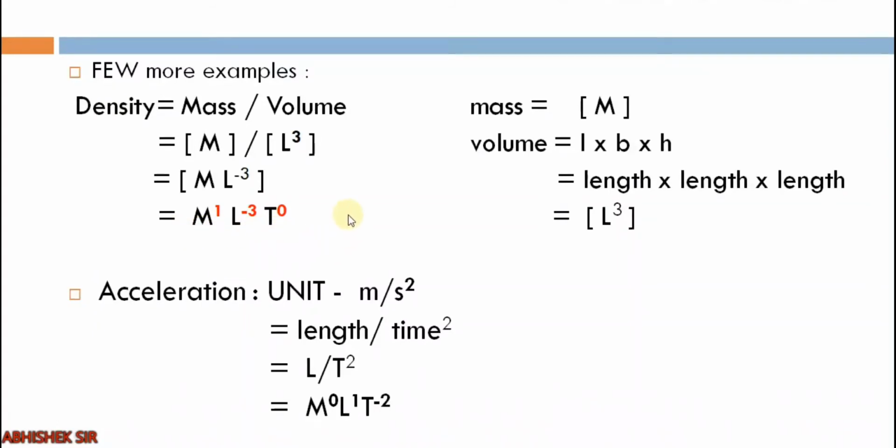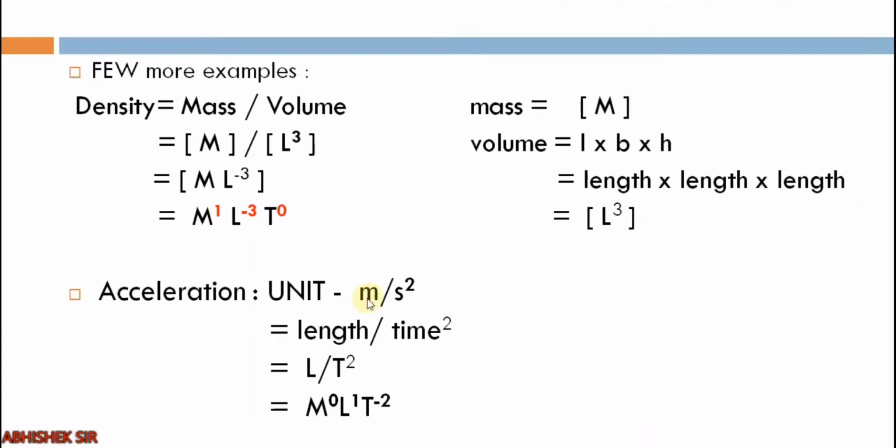Clear? Now let me tell you a very nice trick. If you don't want to remember the formula and don't want to do more steps like we did in density, we must only remember the unit. Like you see acceleration. The unit of acceleration is meter per second square. No need to remember the formula of acceleration, right? What was the formula of acceleration? It was change in velocity per unit time. So let us not go to that portion. Only the unit of acceleration will be helpful. So meter per second square is the unit of acceleration.